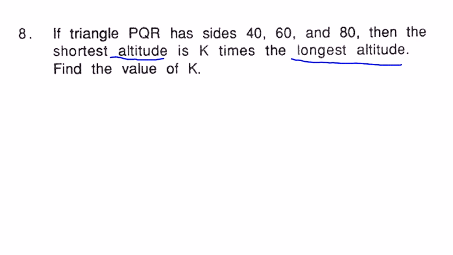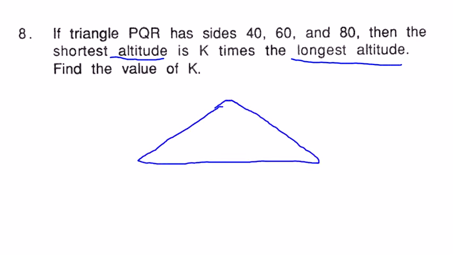So in this case, you think about your triangle, and your triangle might look something like this, where you've got a 40 side, a 60 side, and an 80 side. Well, if you think about area, that means that the area is going to be the same no matter which of the three sides you use as the base. And so we need to figure out where is going to be the shortest altitude and where is going to be the longest. Well, the shortest altitude is going to happen with the biggest base, and so that length there,